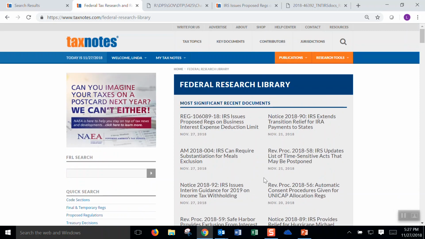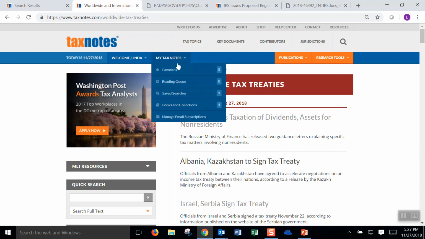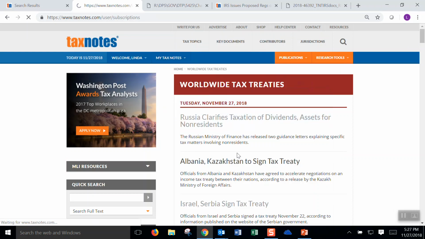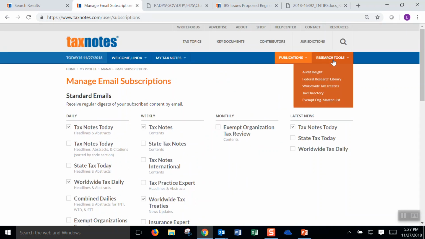A subscription to our Federal Daily Tax Notes Today will include a free access to our Federal Research Library. The Worldwide Tax Treaties is a comprehensive collection of tax-related treaties from around the world. A subscription to this database will include a weekly email of the past week's tax treaty-related news.